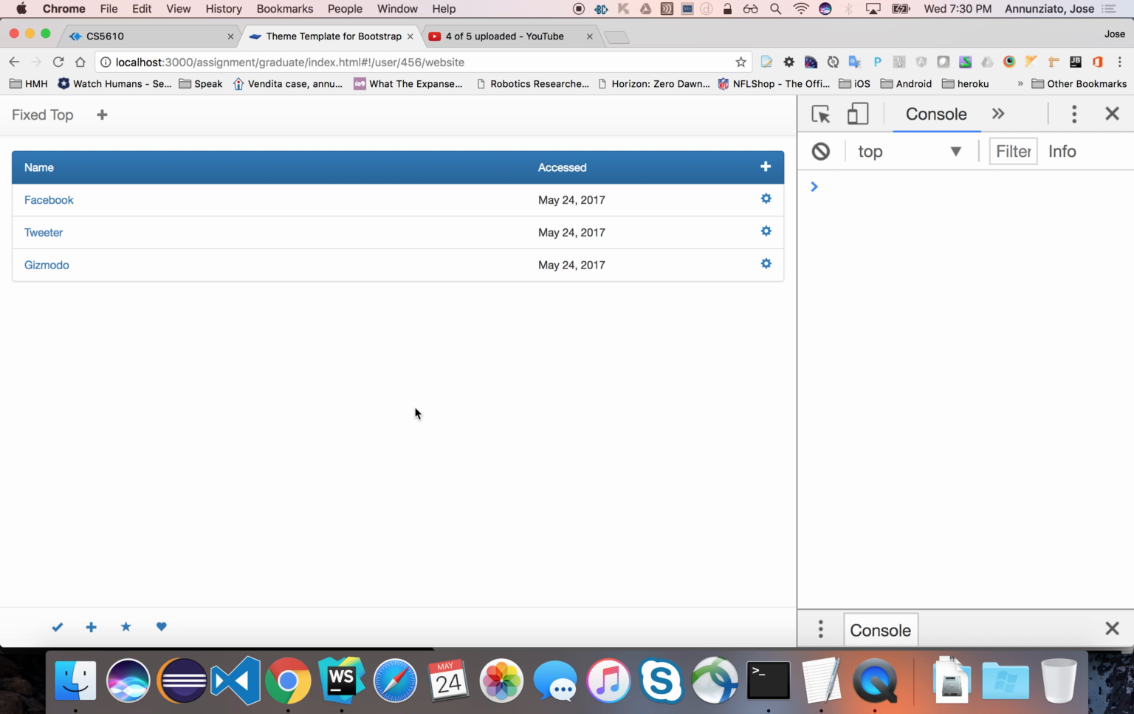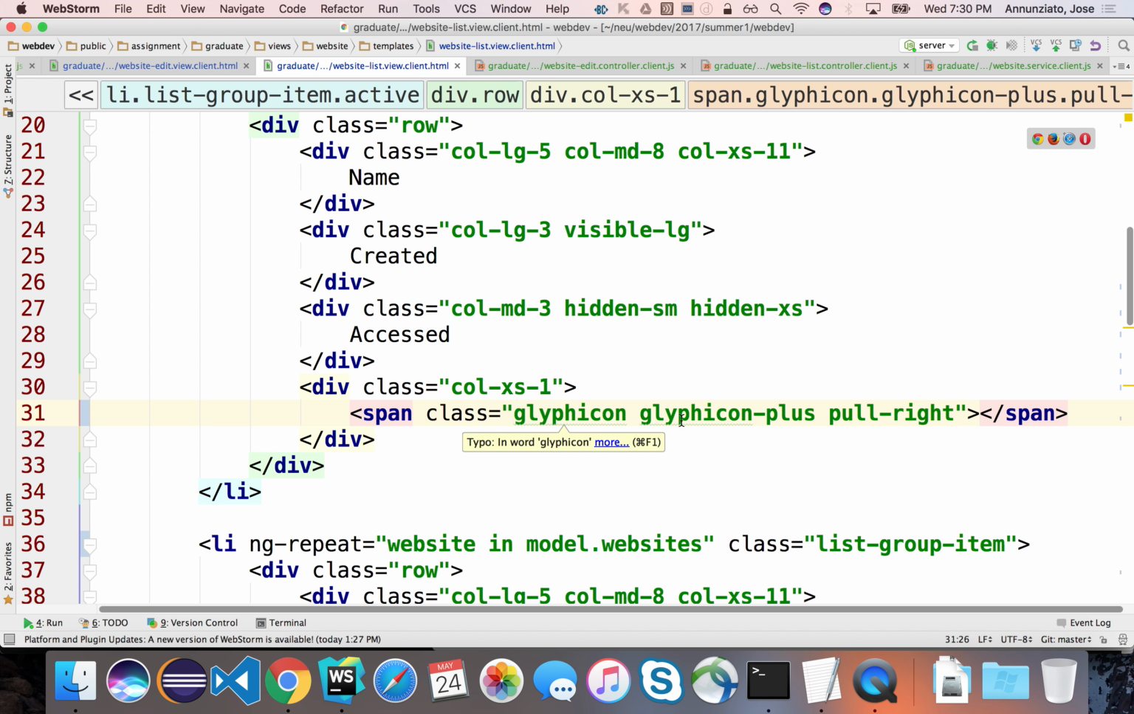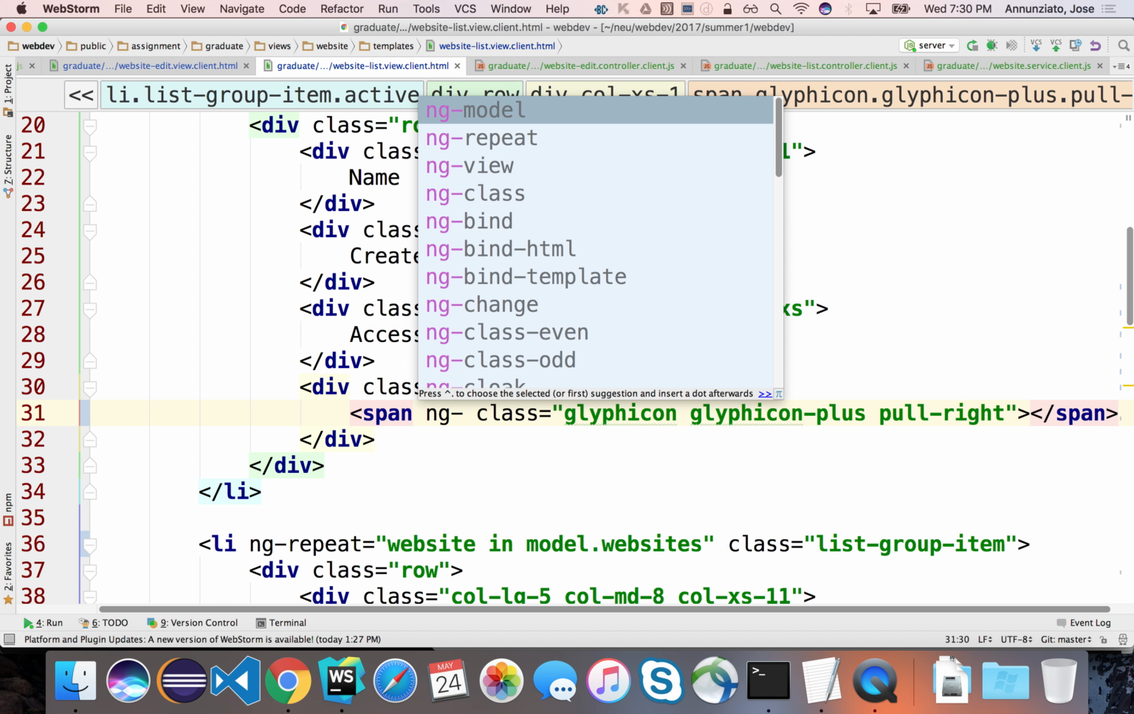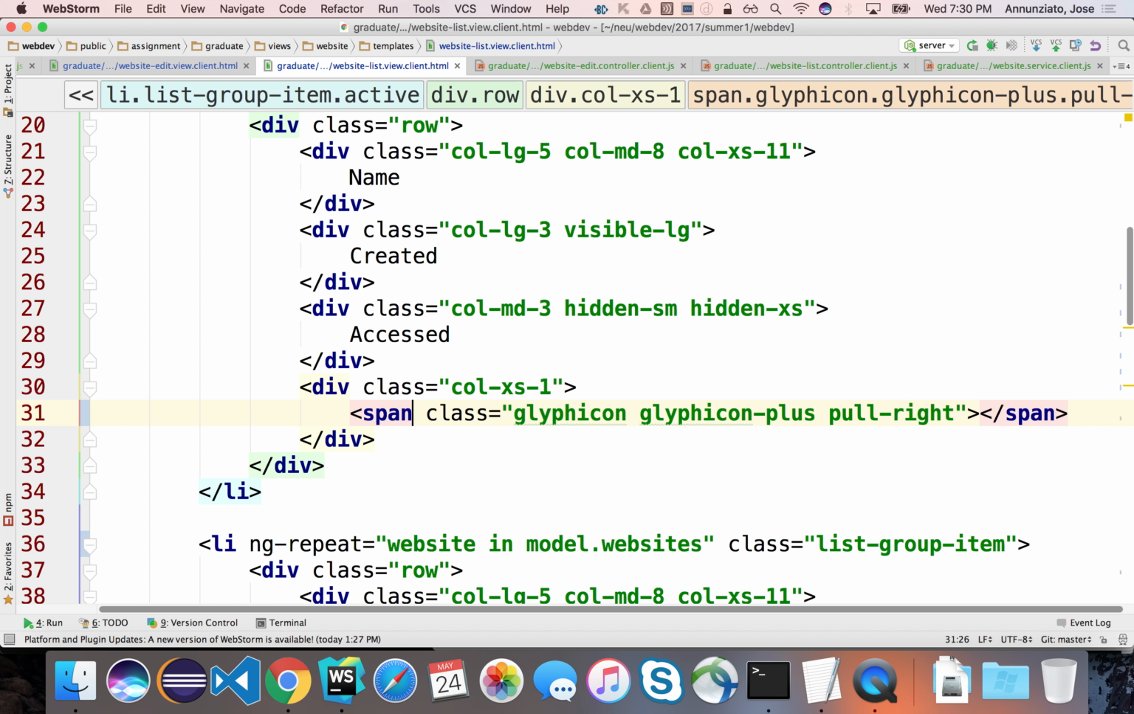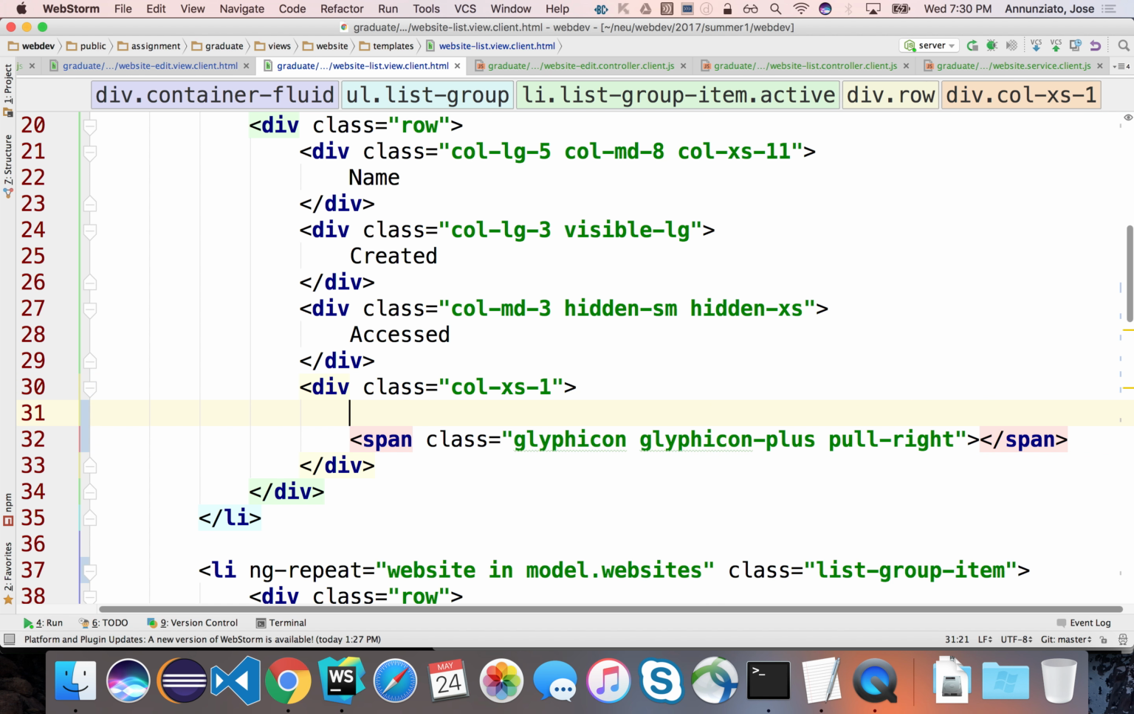Okay. So to do that, again, we could use ng-click, and then in the controller, we can decide to navigate to where we want. But we don't really need ng-click, because we don't need to run any code. No logic. We can just navigate there immediately, without passing through the controller. So to do that, we can convert this into a hyperlink